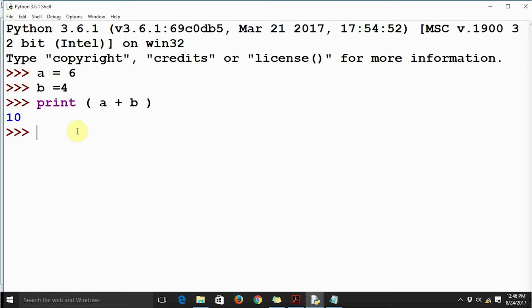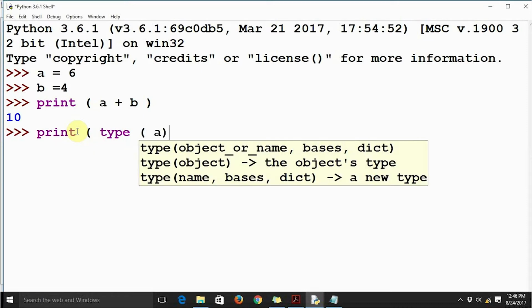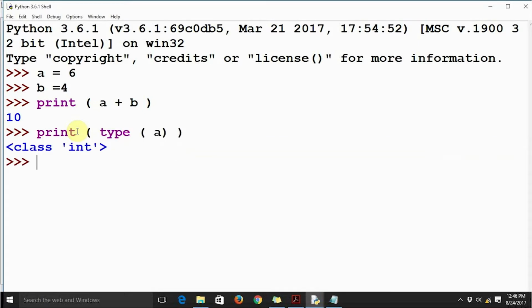If I print the type of a, it says int. The same goes for b. If I put b in place of a and press enter, it says the type of a and b is int. So now these are built-in objects.